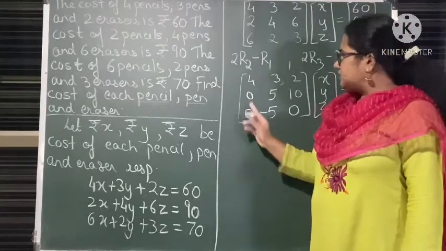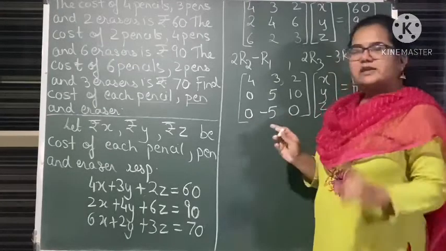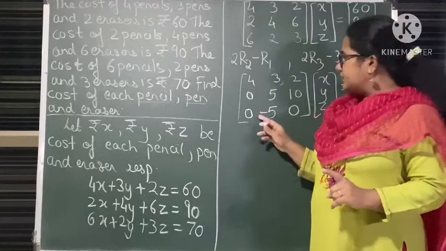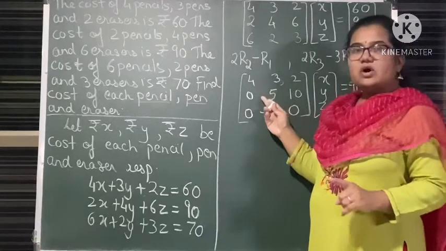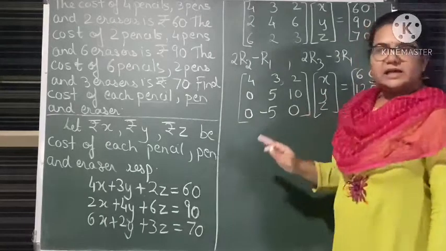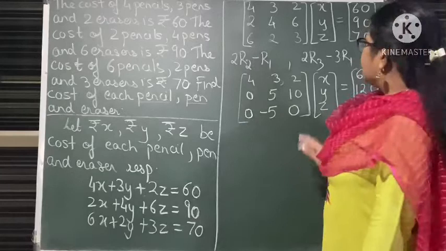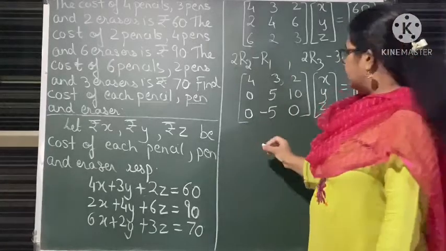Is there any need to solve ahead? See, one row has 0 and third row has 2 zeros. That means from third row we will get value of one variable. If we substitute that value in the second row, we will get the second variable. Okay. So no need to do any other operation ahead. Our matrix has been reduced. So we will rewrite in equation form.